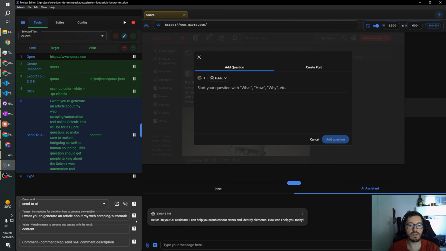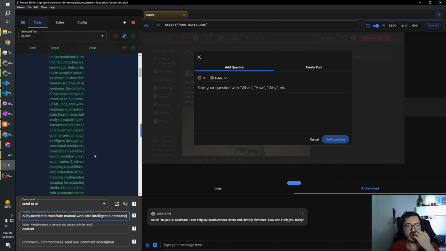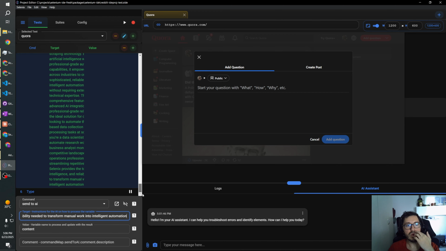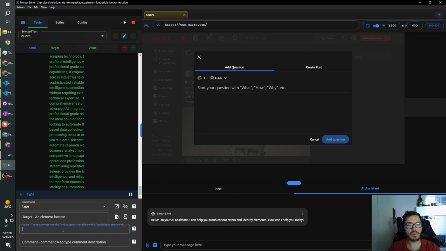Abilities and what it can do. I will just copy paste these here. So every time this workflow, this test as it's called, is ran, it's going to generate a new article. And here I'm going to put in the value of the variable, which was content. Now, if we want to test it out really quick,